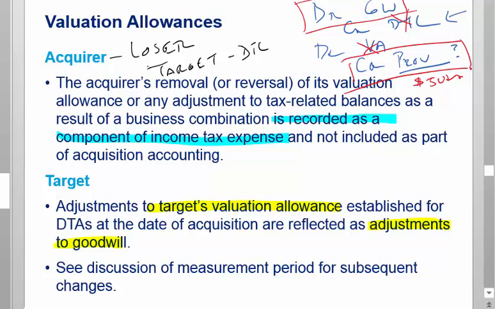And I remember the tax team thinking, man, this is really hard to understand. We're a loser. We just bought a company in a business combination, and we get to book provision benefit. That's weird. Provision benefit seems like something you would earn, not something you would fall into. But that's just the mechanics.